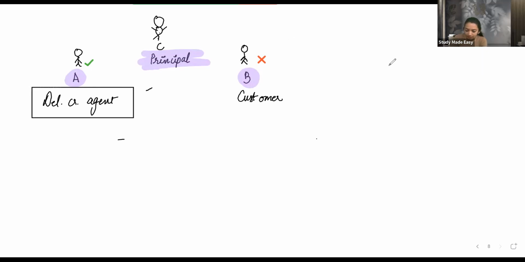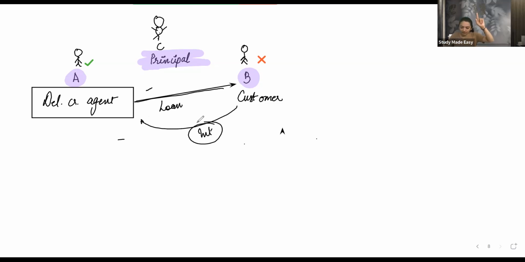Option number 1. This del credere agent will give money to the customer, saying I am giving you the loan. You are unable to pay, so he will provide him a loan. And when he is providing a loan, obviously he will charge interest. Wait ma'am, transaction in money. This is a transaction in money, remember? But for this transaction in money, interest is charged. So this is a service, right? If anything is charged for the purpose of money, that is a service we have done.